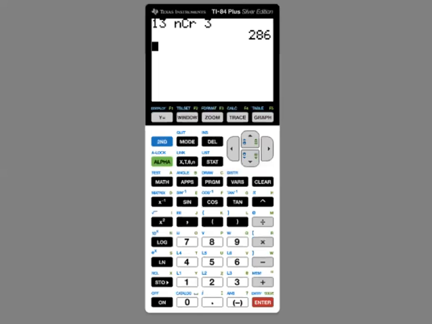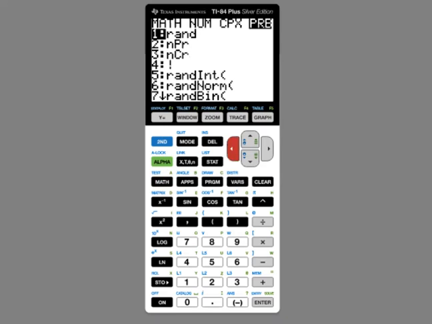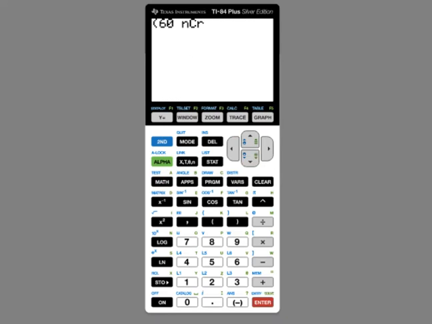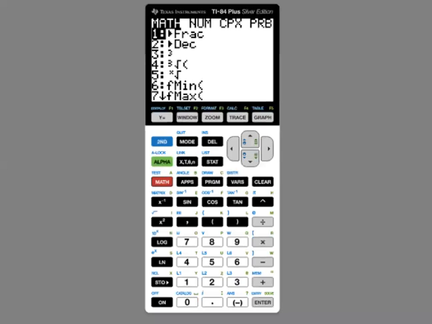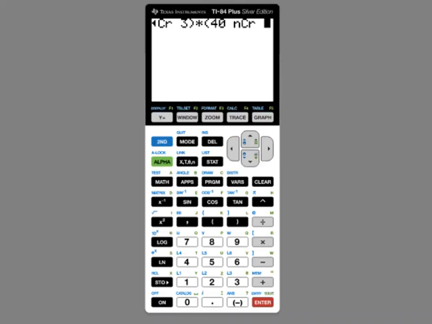So we're going to find the product of the combination of 60 people selecting 3. So 60 is the n, and then go to math, PRB, nCr, or the combination of n selecting r, and the r for the Democrat group would be 3. Close parentheses and multiply by the quantity. The n from the Republicans would be 40. Hit math, PRB, nCr, the combination formula, selecting 2 people from there,